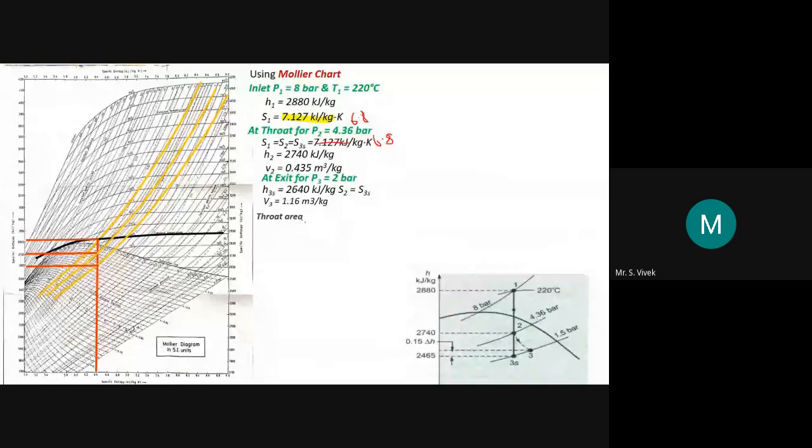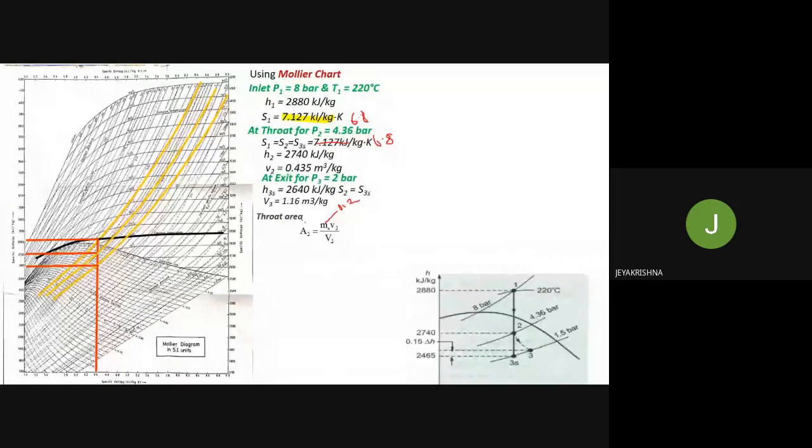So now coming to the problem, we have to find out two areas. One is the throat area, and another one is the exit area. So same formula: area is equal to m small v2 divided by capital V2. Here mass flow rate is already given as 820 kilograms per hour. We converted into kilograms per second, so we are getting a value of 0.227, isn't it?